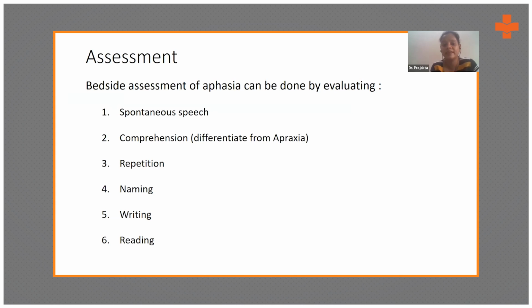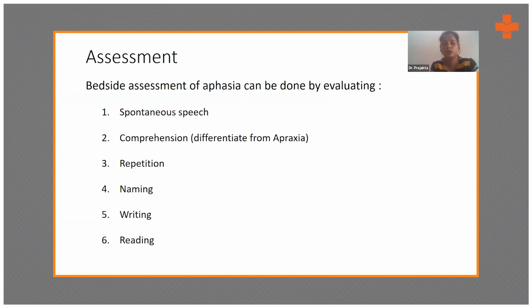They're trying to be evasive. They are not using more words. Their vocabulary is reduced. Next, we look at the comprehension of the patient. Now, comprehension can be tested by asking patients to follow simple commands, like asking